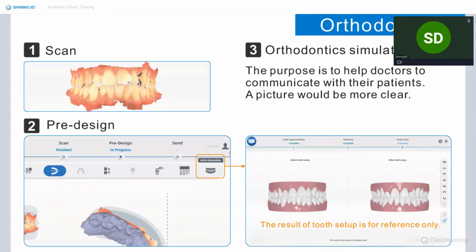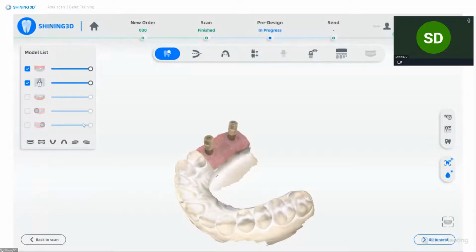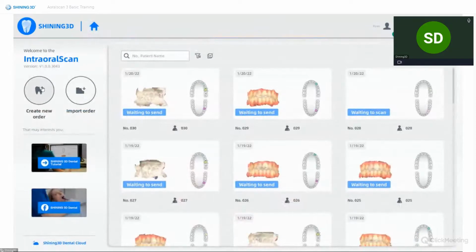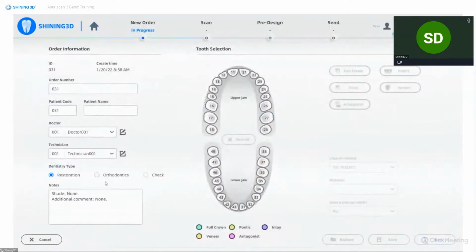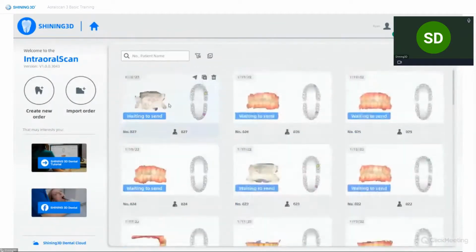So let's go to the software to check what it looks like. Go to the home again. You need to create a new order with the orthodontics, but I already scanned for it. I will just skip the scanning step and go directly into the